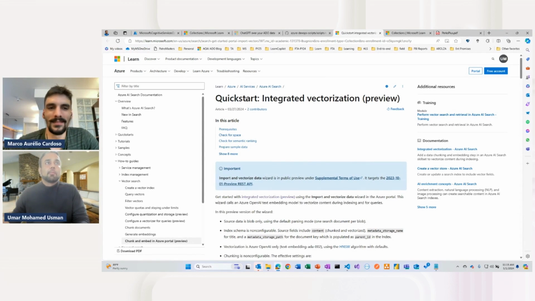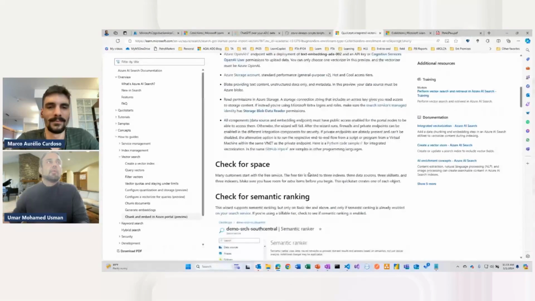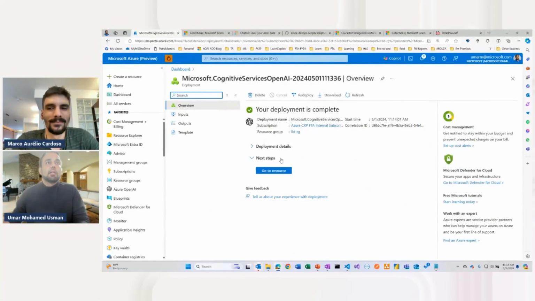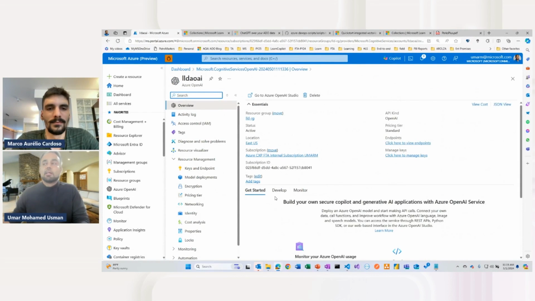This is the document that I'm going through right now. It's called integrated vectorization, Azure AI Search, integrated vectorization, right? So the step-by-step process is in here. Now I have the Azure OpenAI service ready. So next step, what we're going to do is